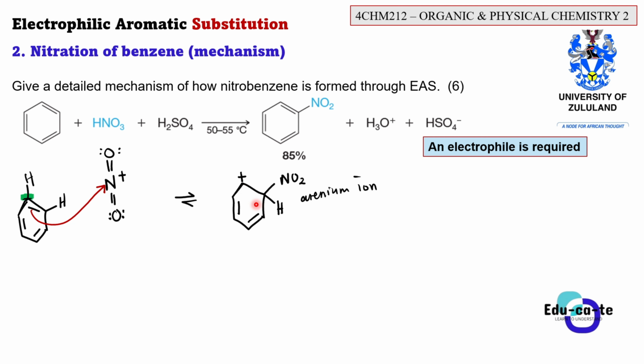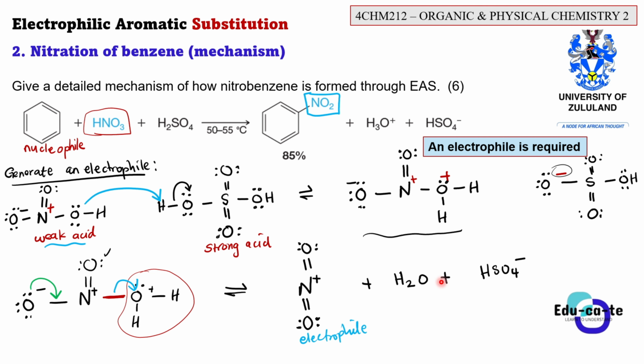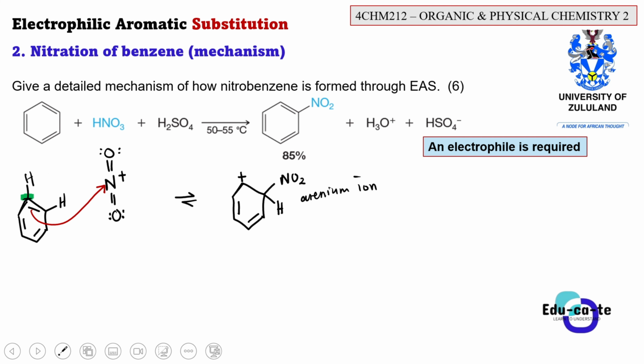We will use the reagents that we have in the mixture already. We have got other reagents in the mixture. We've got H2O, we've got HSO4 minus. They don't just disappear, guys. They are still there. Those are still reagents that we still have. So we've got H2O here. Let's just write this H2O. This H2O has an ability to take away this proton.